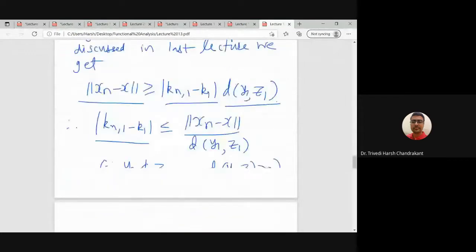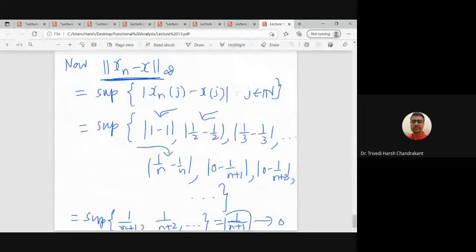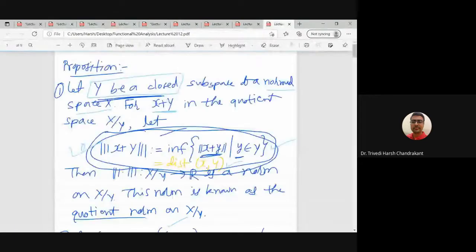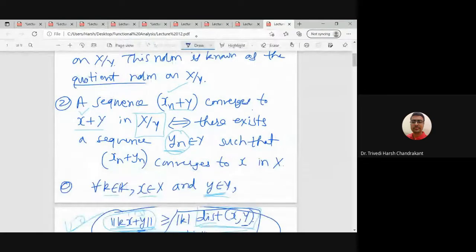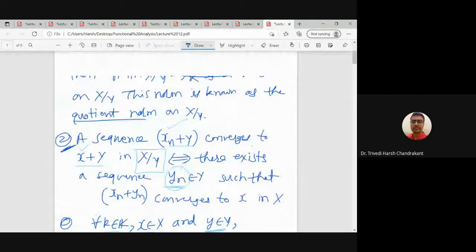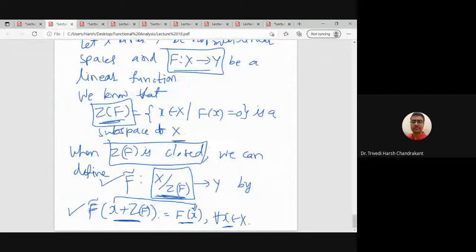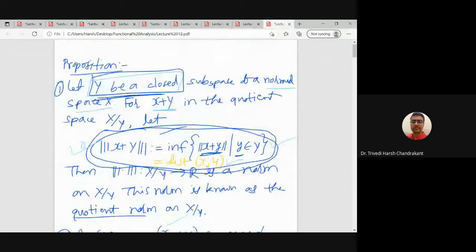Yeah, so here we use that result. Yes, before this. Yeah, so we discussed this result, right? This result says that whenever we have a Y that is a closed subset of X, if you remember, we have defined this quotient norm whenever Y is a closed subspace. So here also the kernel is a closed subset, right? That is what we are using here. Kernel is a closed subset. So that means